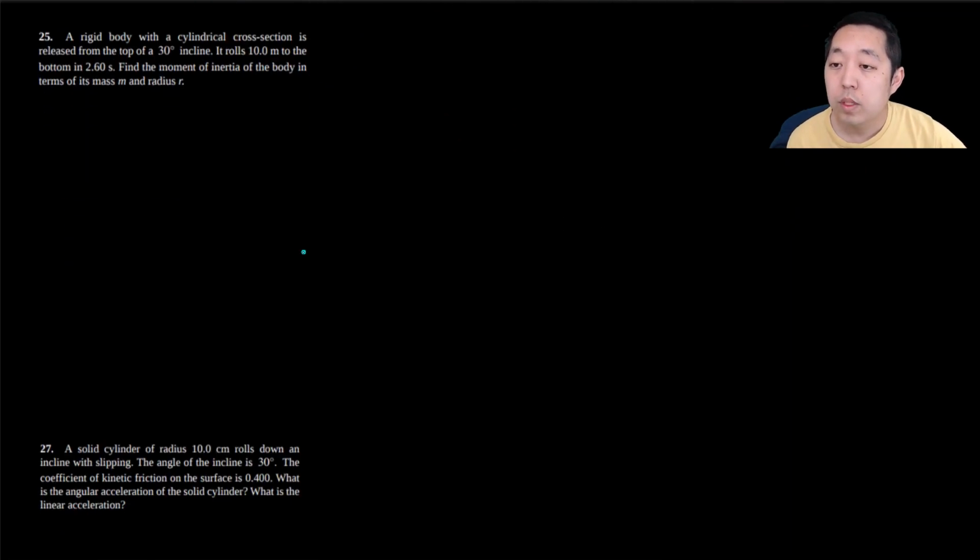Okay. A rigid body with a cylindrical cross-section is released from the top of a 30-degree incline. It rolls 10 meters to the bottom in 2.6 seconds. Find the moment of inertia of the body in terms of mass m and radius r. Okay, so almost identical setup to the previous problem. It's going to roll this way,